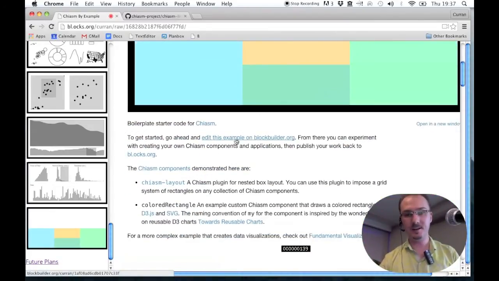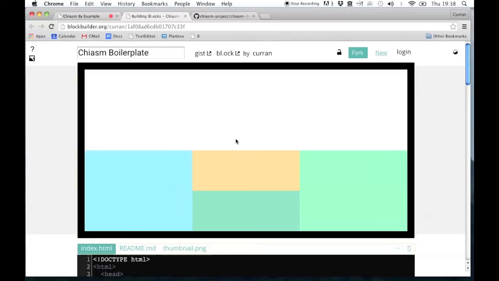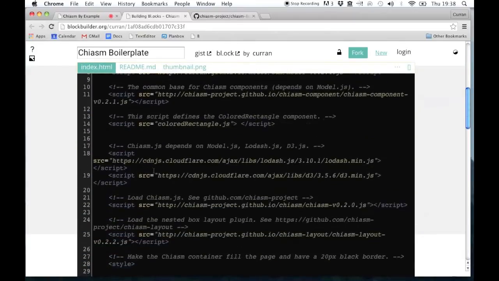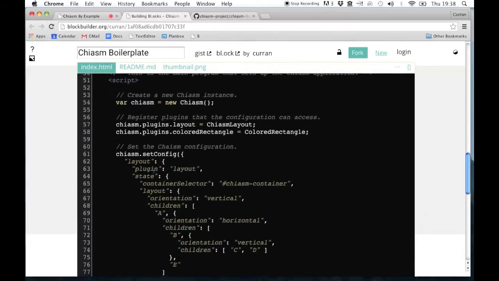A friend of mine, Ian Johnson, the organizer of the D3 meetup, made this really awesome in-browser editor, and I've linked to it from here. So if you click this edit this example, you get this building blocks page, and this is where you can go to experiment. If you had a visualization, like some D3 code that you wanted to make into a Chiasm component, this is the place to start. This defines a simple colored rectangle component where when you click on it, it changes color. And in the code, I don't know if I should go into too much detail,